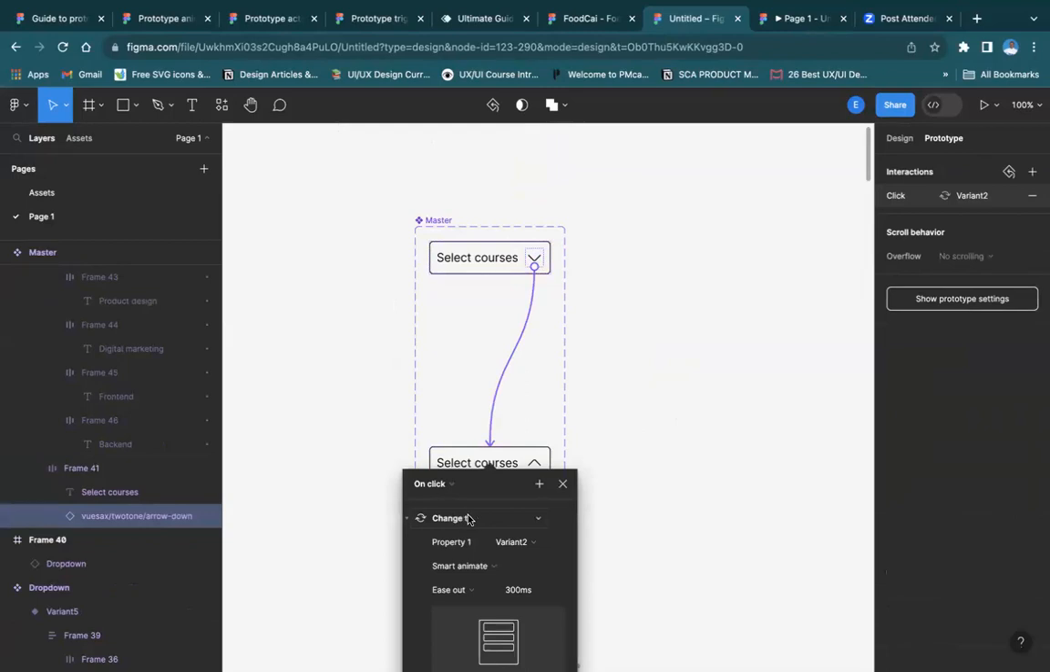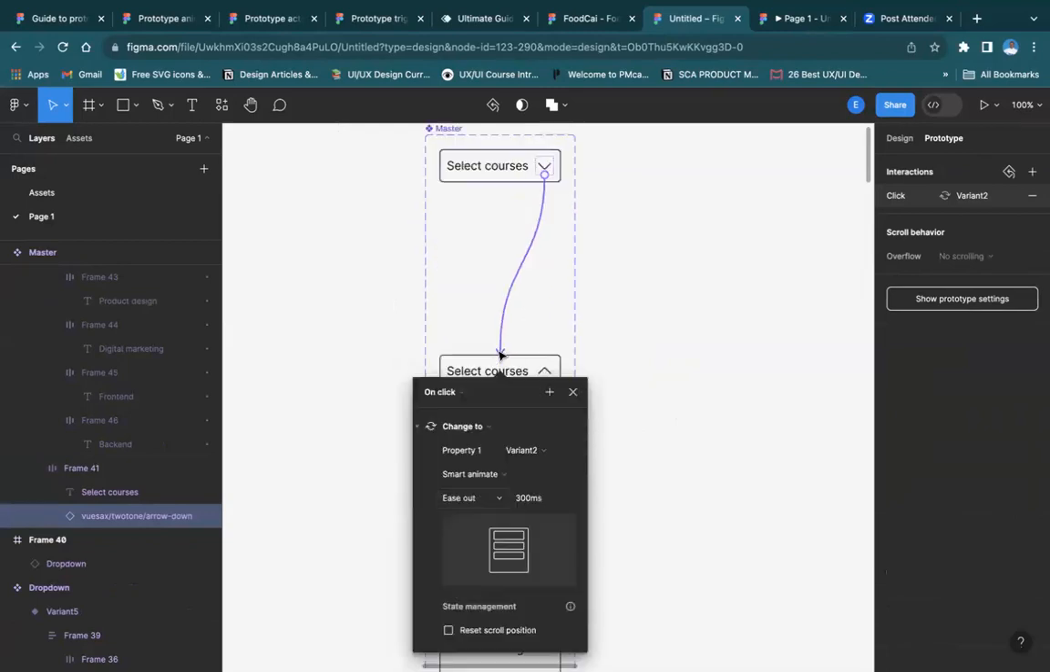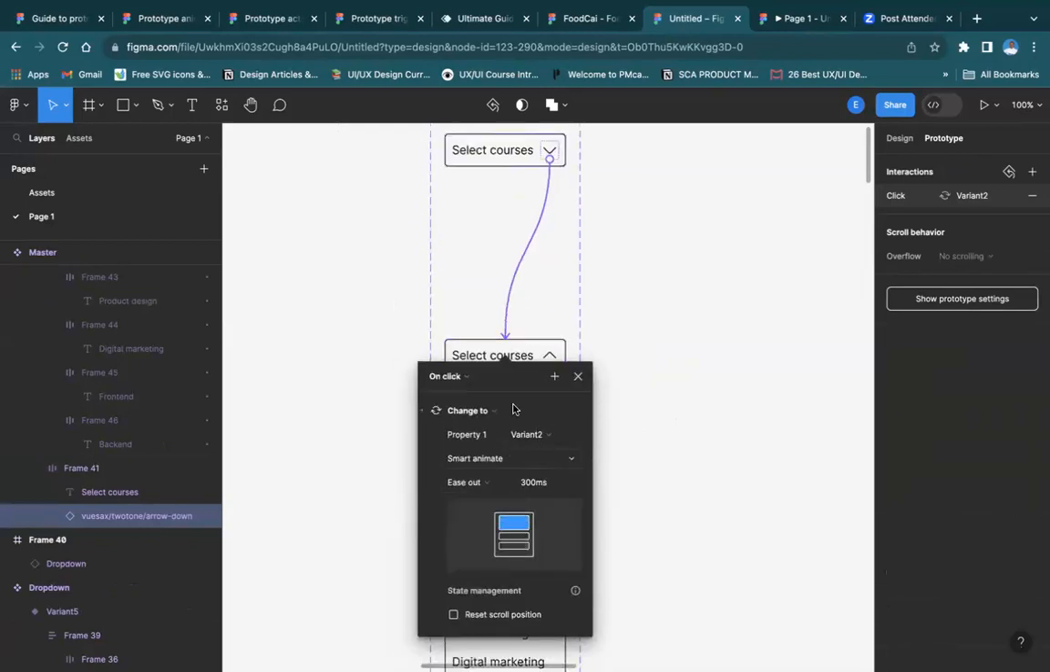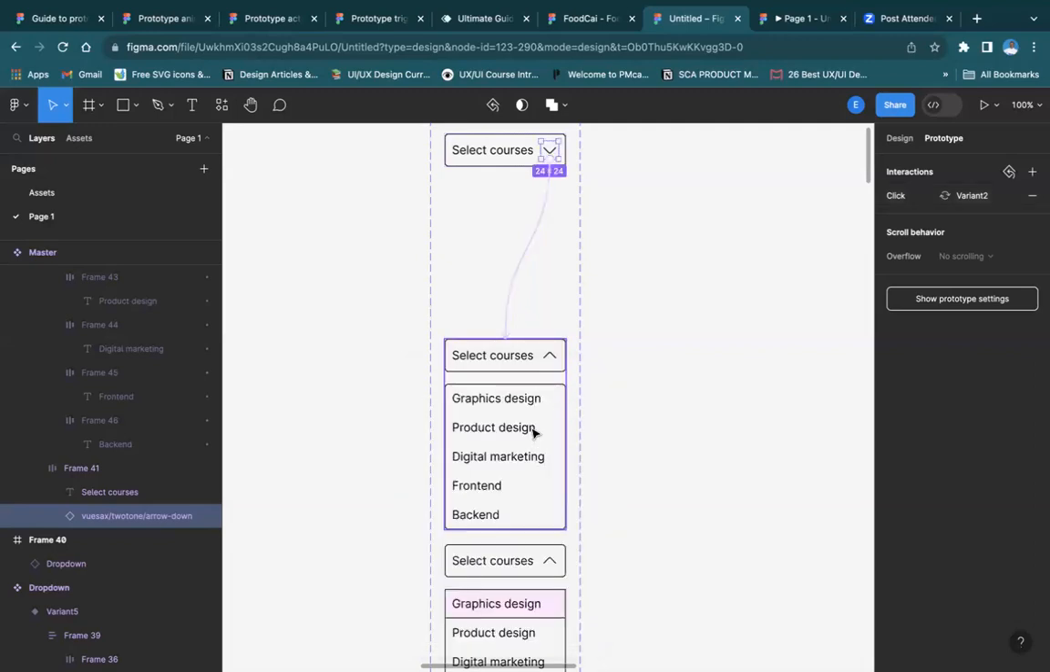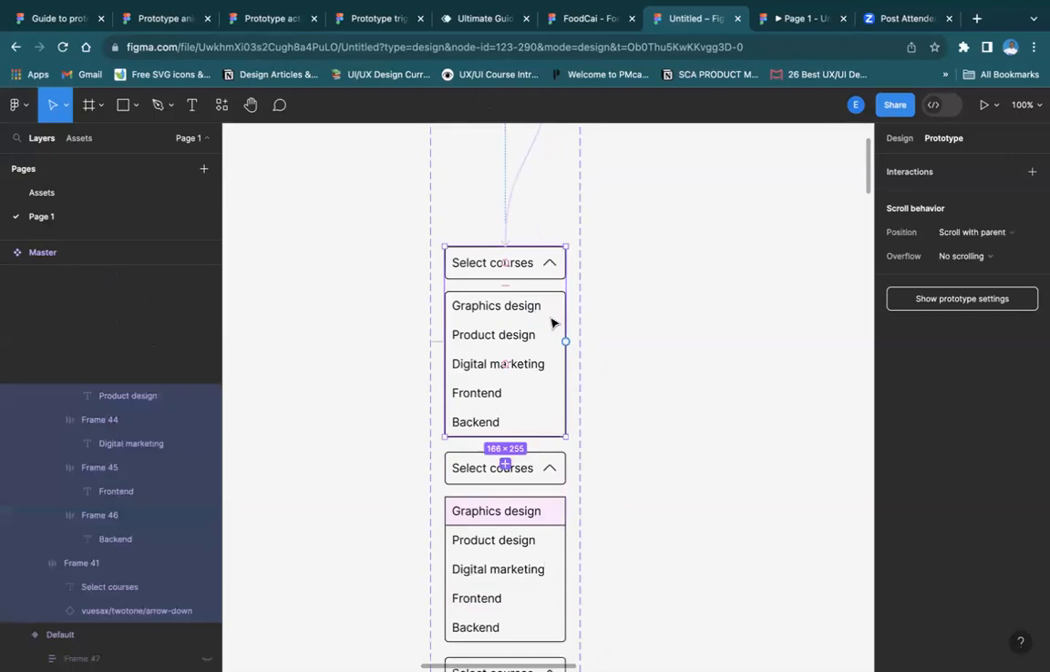So on click, it should change to property 1. The animation should be smart animate. You see that I did not rename it. Variant 2, that's variant 2. Smart animate. Now that I'm done with this, the next thing I'll do is I'll come to graphic design